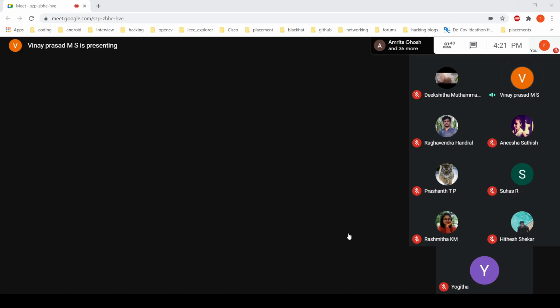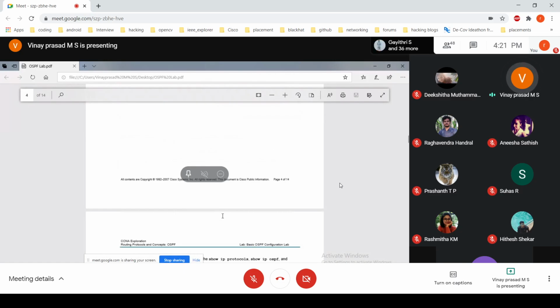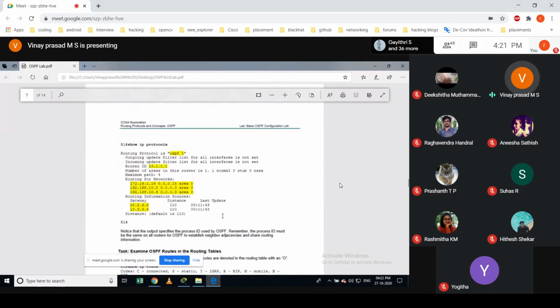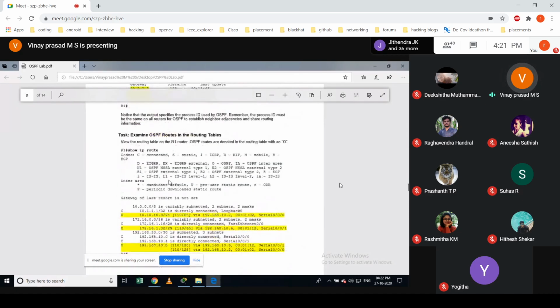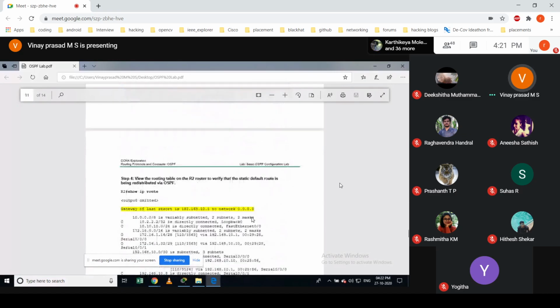We also saw something called area border router, inter area, intra area, and so forth. So what is multi area, single area? How do you decide an area to configure OSPF? We will discuss that today.